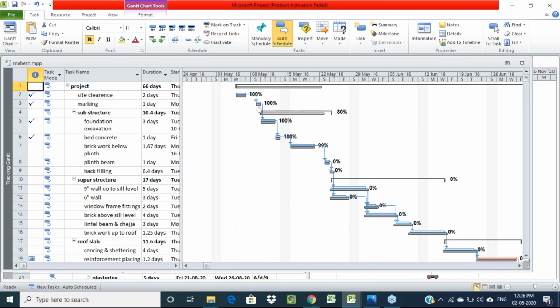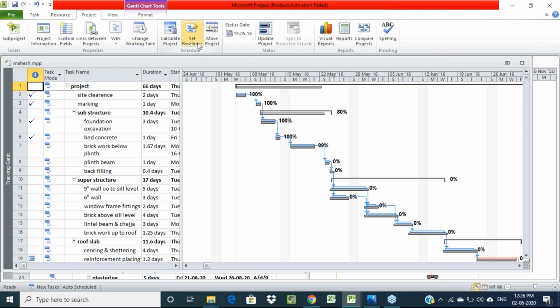Along with the bar chart, you will get one bottom baseline bar for each and every activity. Why? Because we are setting the baseline, right? Just I'll remove the baseline here.